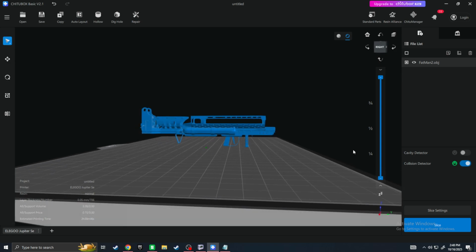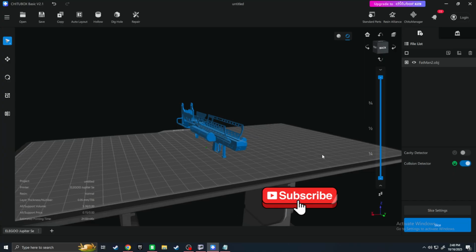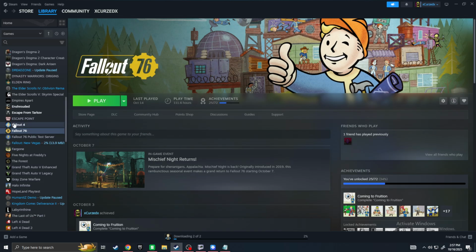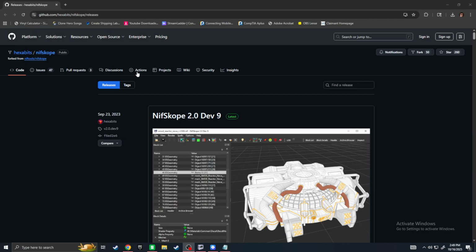Today I'm going to be showing you how I extract 3D models directly from Fallout 4 and Fallout 76. So let's get started. Before you get started, you will need to download both Fallout 4 and Fallout 76 in your Steam files. So first you're going to want to head to the link in the description and download